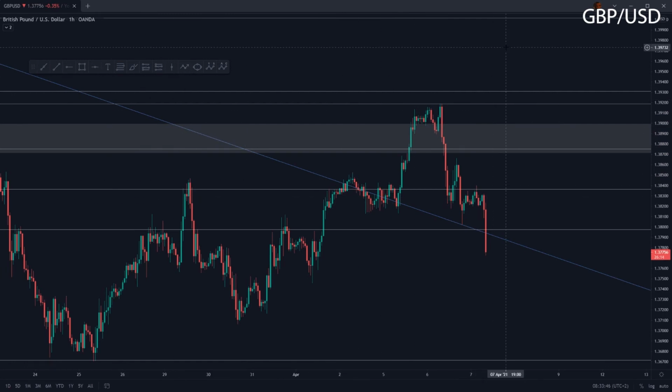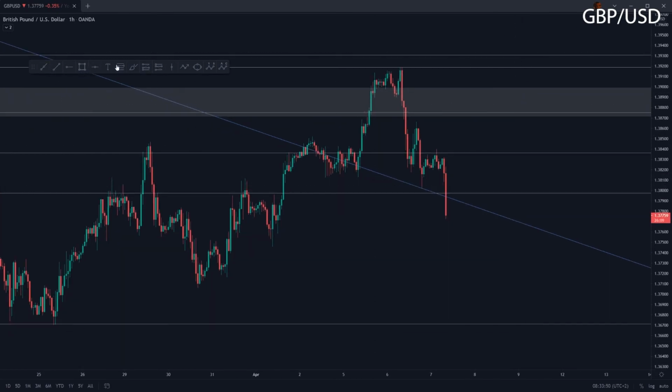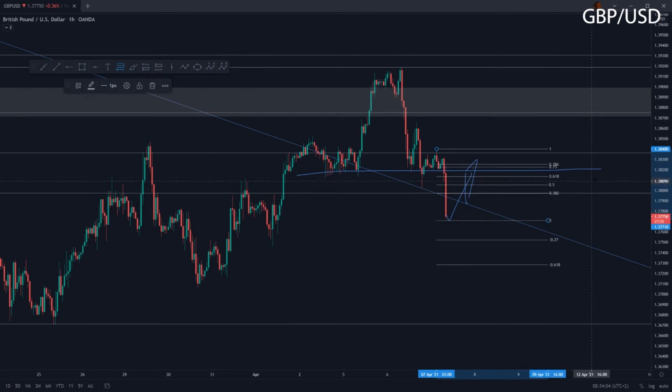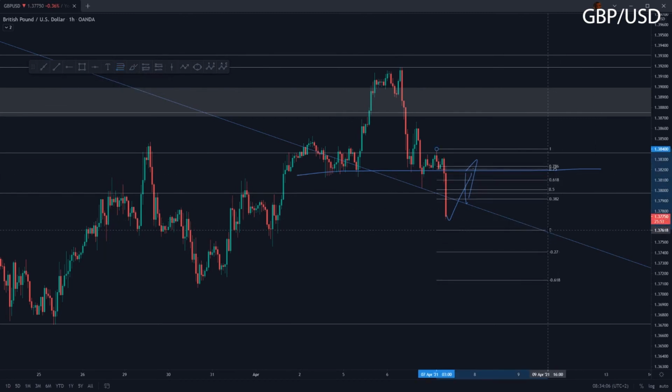So what are we going to see for the rest of today? Well, I personally am going to be waiting for a nice pullback back up towards the lows over here, retest them, and then see more downside occur. If we draw on our fib level, and I'm just expecting the impulse to be a little bit bigger, we could maybe see a nice impulse back towards the 618, which would also be back at the previous support area, which would now be resistance.